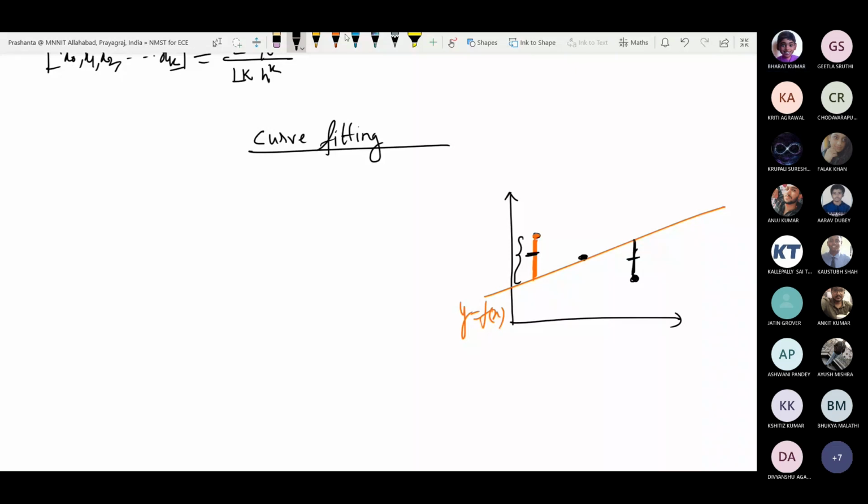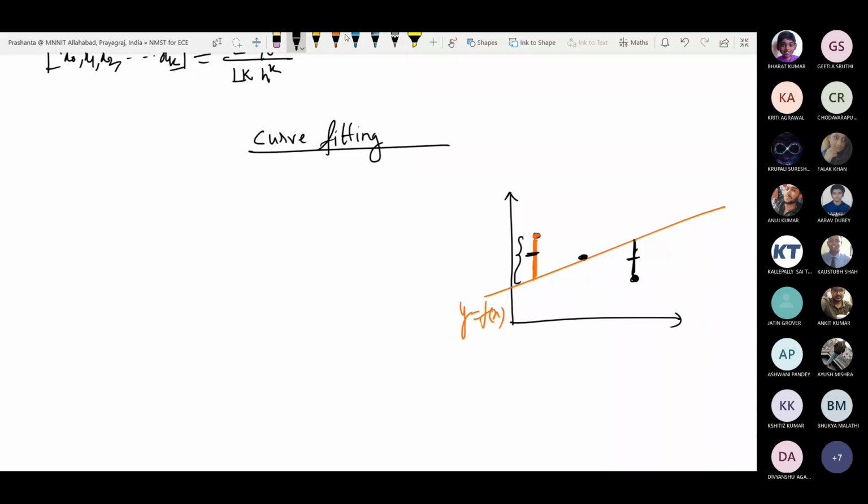What I am planning to do is square each of the errors and then add them, and then we try to minimize that quantity. At each node there will be an error; you square it and add those squared errors. Then we'll try to make it least. So the method is known as the least square method. The method we are going to use in the curve fitting technique will be the least square method.